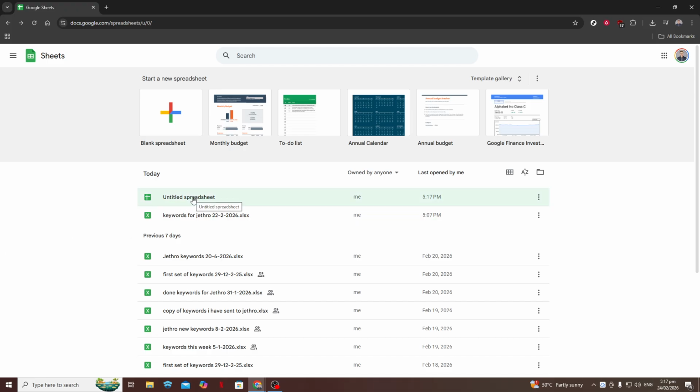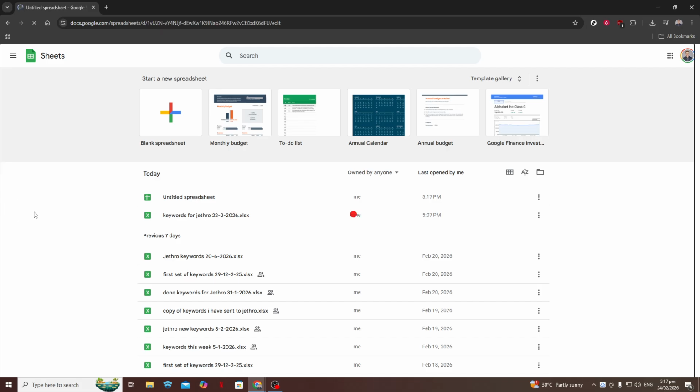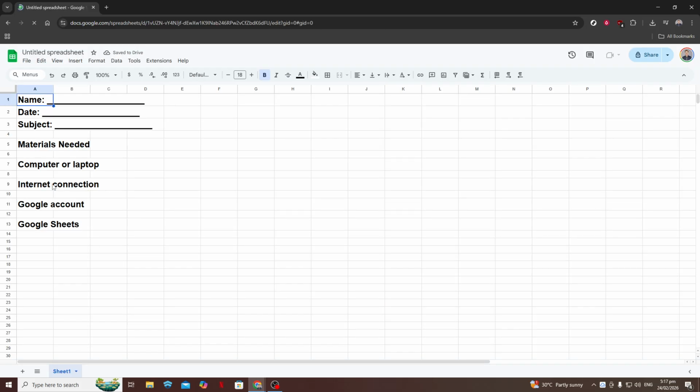First, open the Google Sheet where you want to use the date picker. Make sure you're signed into your Google account and that you have edit access to this spreadsheet, because you'll be changing the data validation settings. Once your sheet is open, take a moment to think about which cells will contain dates. It could be a single column like due date, or a whole range, such as a start and end date